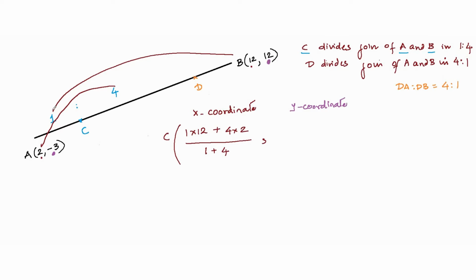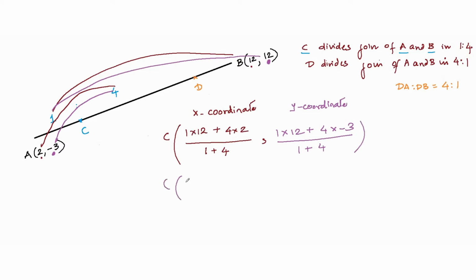So again applying the cross coupling idea, 1 multiplied by 12 plus 4 multiplied by -3 divided by 1 plus 4,